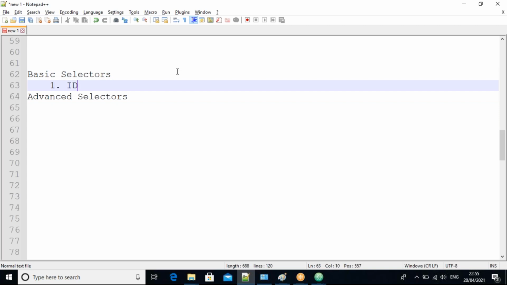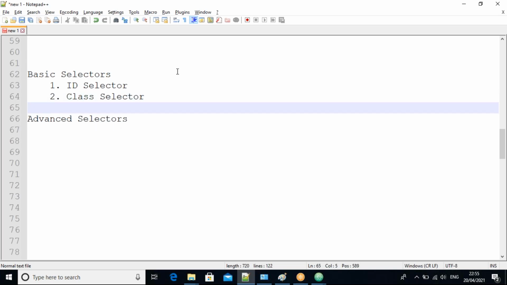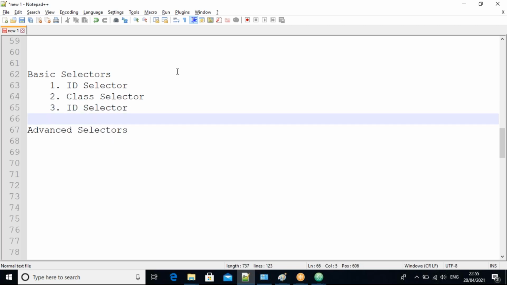The first one is the ID selector. The second one is the class selector. The third one is the ID selector.